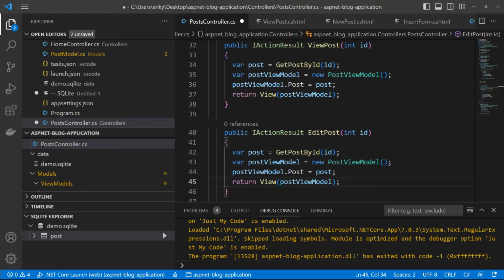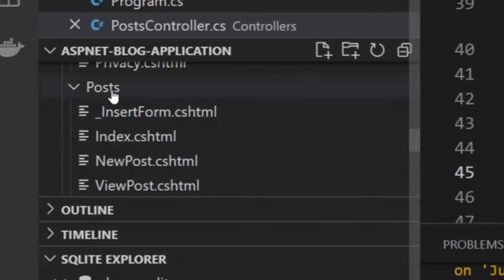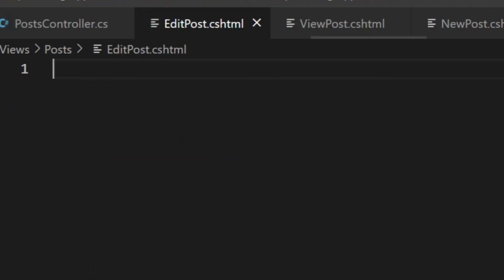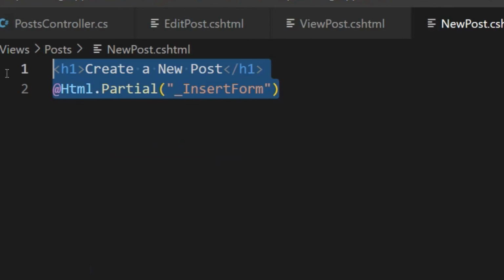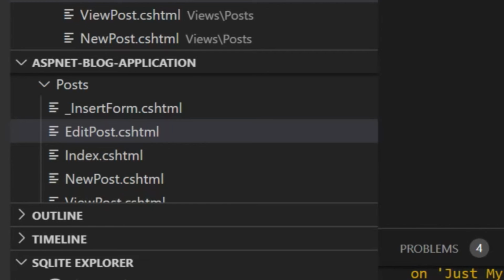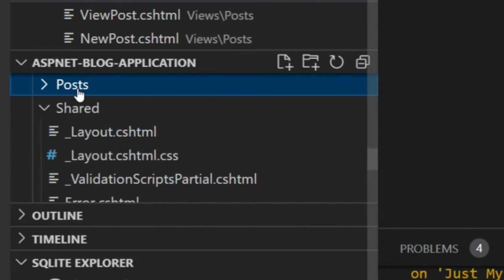So let's go back to our views, and let's create an EditPost. Where's our view folder here? Let's create an EditPost.cshtml, and similar to our add post, our new post, we're going to be using another partial. So let's just cut and paste this into the edit, and here we'll edit. We'll change the header to edit this post, and then we'll use an HTML partial of update form. So then let's go ahead and create an underscore update form